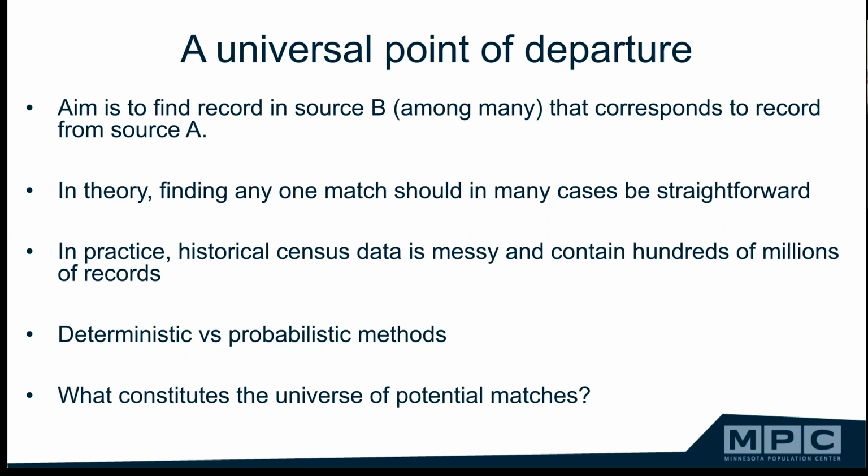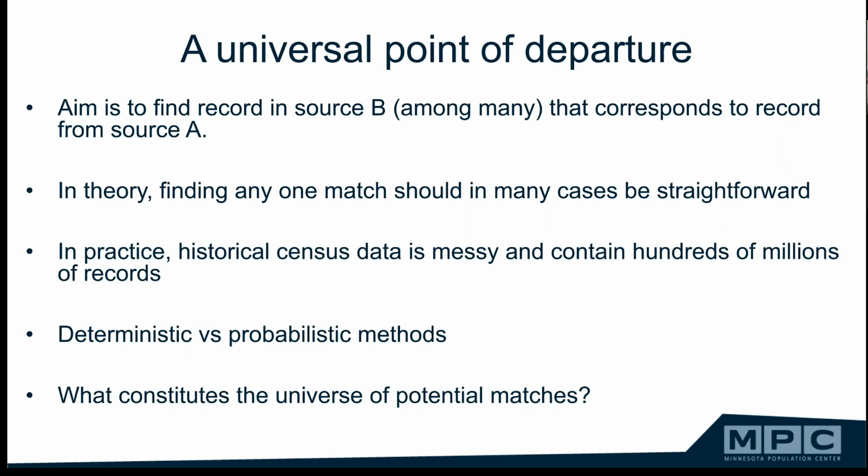When it comes to different linking methods, and we'll be getting back to this a bit later, we can fundamentally differentiate between two methods: deterministic and probabilistic methods. The probabilistic method is what we're using in this project. It is a more nuanced way of identifying matches, where essentially a score is provided to any given one-to-one combination of records, identifying the degree of similarity between these two records.